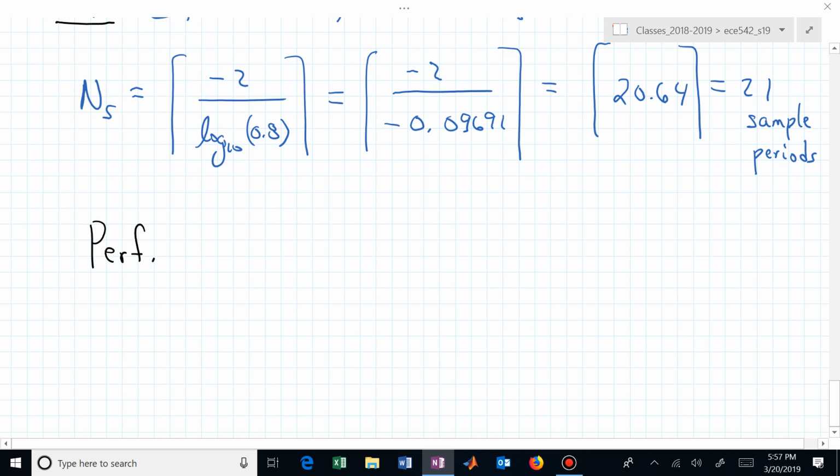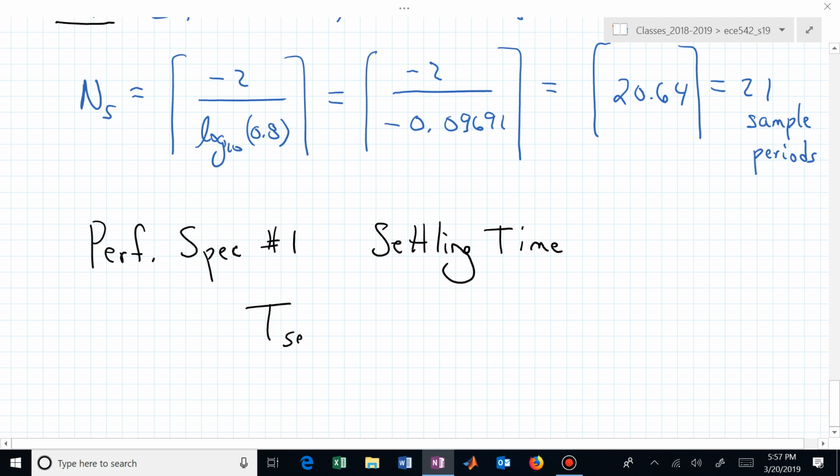What have we tried to say? We've tried to say that performance specification number 1, which was dealing with settling time, that's now T-settle. If I say T-settle, what do you see? Now, if somebody's walking down the hall and they say, what in the world is he talking about? I see